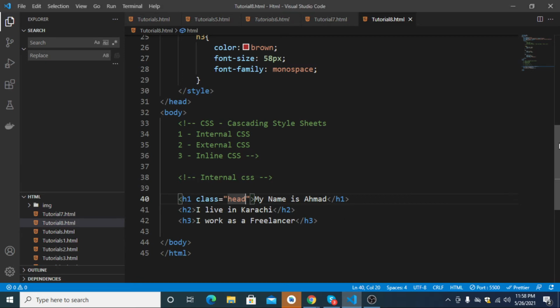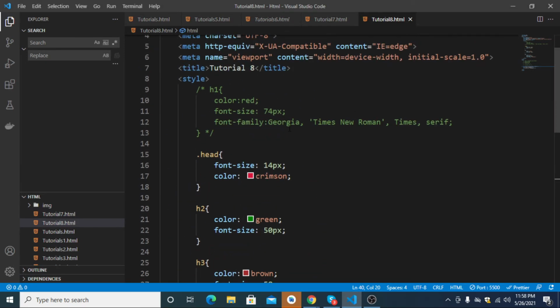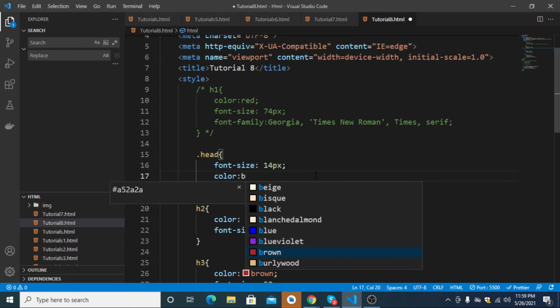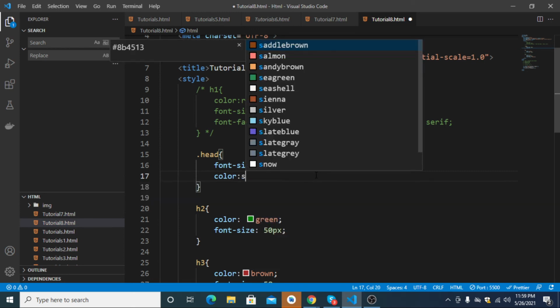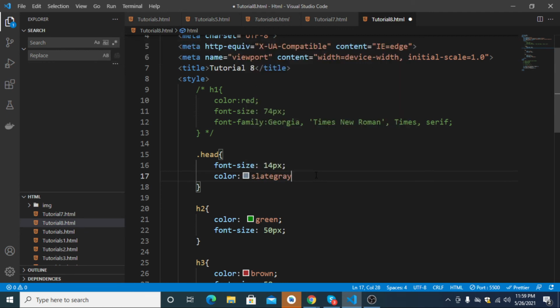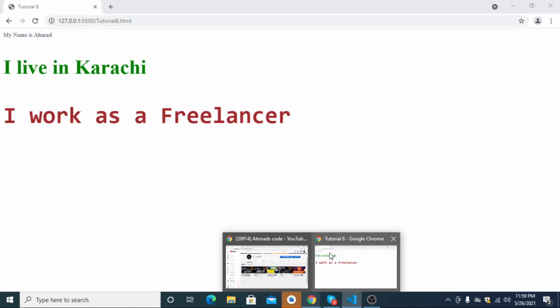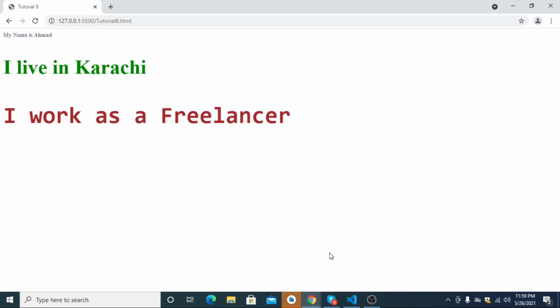So there are many ways. This color is not looking good to me, so I am using teal or something blue, sky blue. I am using this color. You can write the color name or you can simply write the color code, which is 6 digits. Wait a second, this is here, you can see.